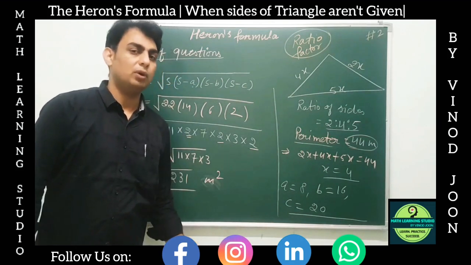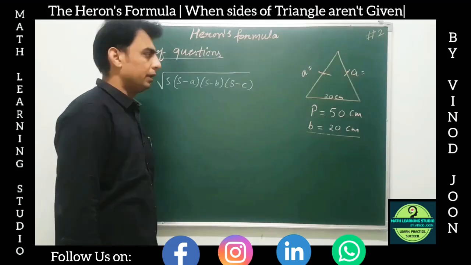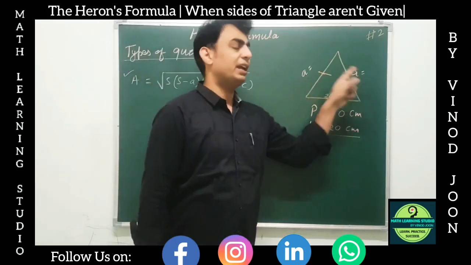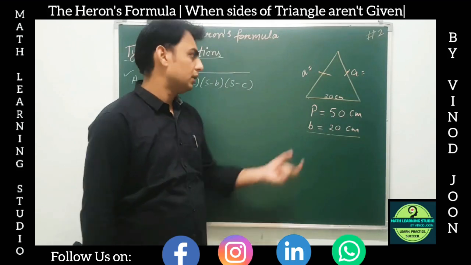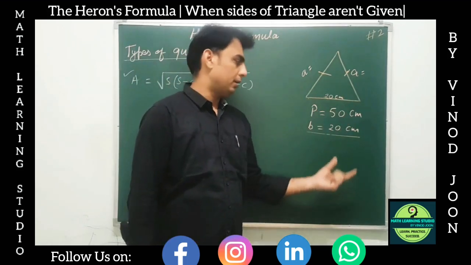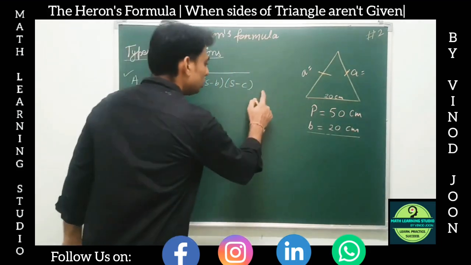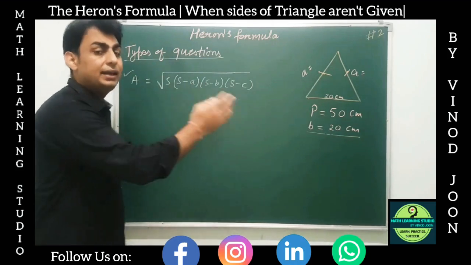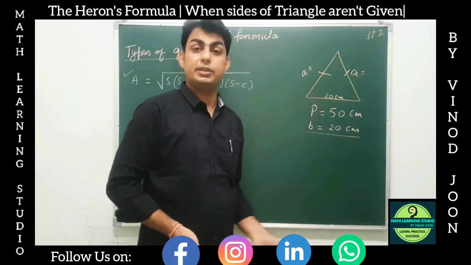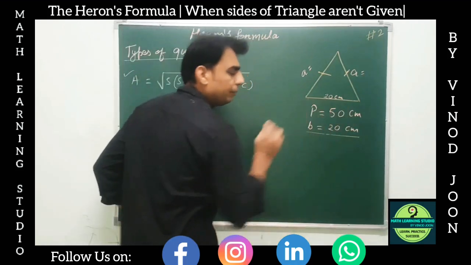ठीक है? One more example we'll take based on the isosceles triangle. In third example, we have an isosceles triangle. These two sides are equal are not given to us. So the third side, which is usually known as base, is given as 20 centimeters and the perimeter is given as 50 centimeters. So to apply the Heron's formula or to find the area of this triangle, we need three sides. So we need to find these two sides, but we don't know them. Yes, we can apply the perimeter there.